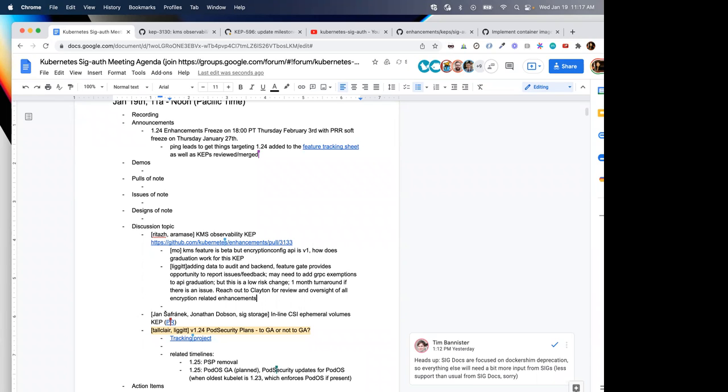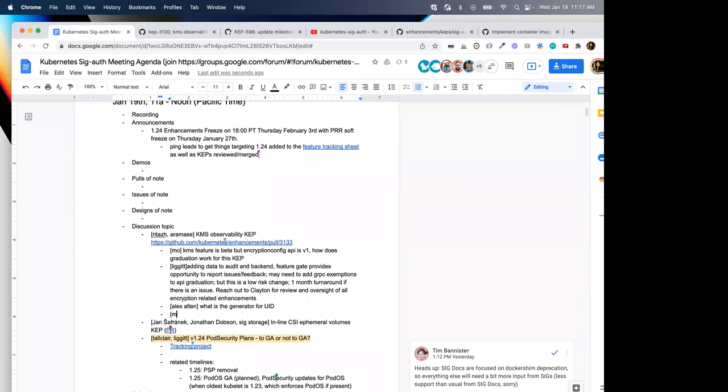Other than the graduation things, do folks have any thoughts around this cap? I haven't been following closely, but maybe this has already been answered, but how is the UID being generated? What kind of random number generator are you using underneath it? So we would just use the existing UUID package that we use. So within the cap, we reference, or Anish references, I shouldn't use we. Anish wrote this cap. I was just present.